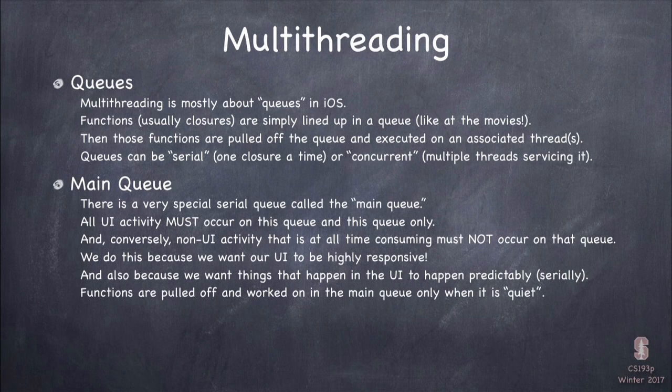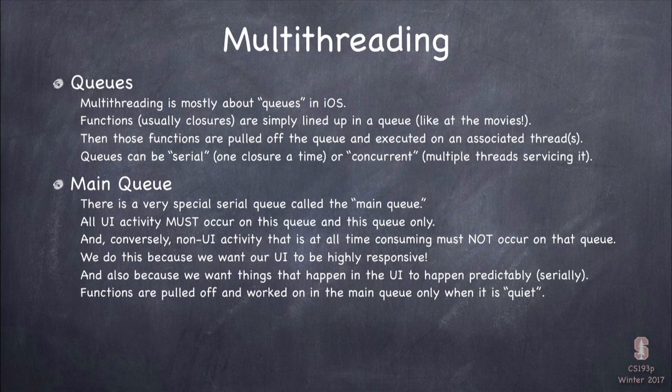This is the queue on which all the UI activity is happening. It's not only the queue that all UI activity is happening in general, but it's the only queue that UI activity can happen on. And that's because it's a serial queue. A serial queue is a queue where the blocks of code are waiting in line to run, and there's only one thread to run them. So when the system comes along to grab the next guy in line, it runs him to completion and then goes back for the next one. So you see how they're serial, right? They happen in order. The entire line of code waiting to run is processed in order, one at a time.